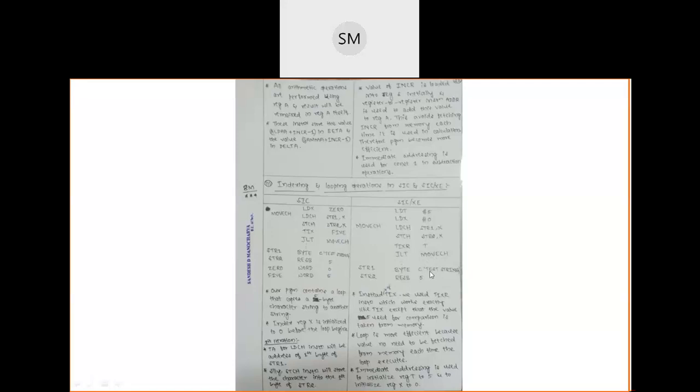Okay, suppose here I have written test string. Instead of test string, you just imagine there VSMIT. VSMIT contains 5 characters, so this will reserve 5 bytes, and in each byte I also have to write what character it is going to store. In the first byte it will write V, in the second byte S, in the third byte it will store M, in the fourth byte I, and in the fifth byte T. So VSMIT will be stored in these 5 bytes.